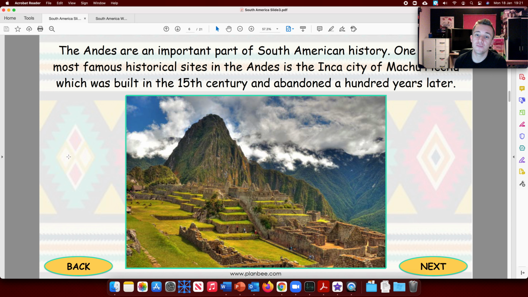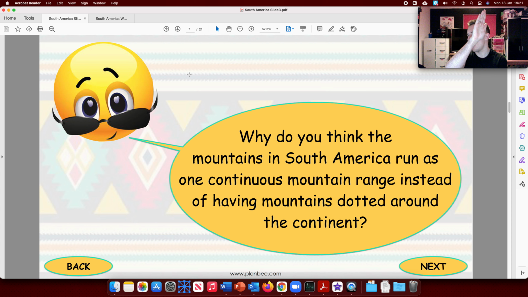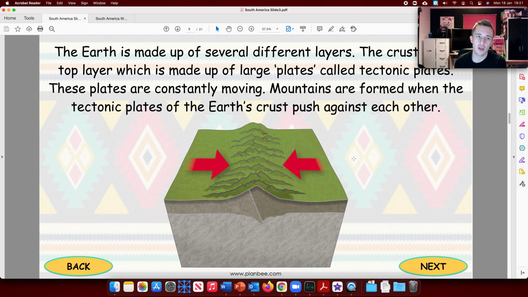So why do you think the mountains in South America are one continuous mountain range? Why don't you think there's any breaks in it? Well, the reason is because of how mountains are made. Now, the Earth is made up of several layers. The crust is the top layer of the Earth, which is made up of large plates, and they're called